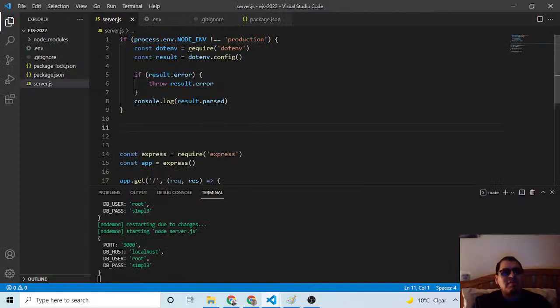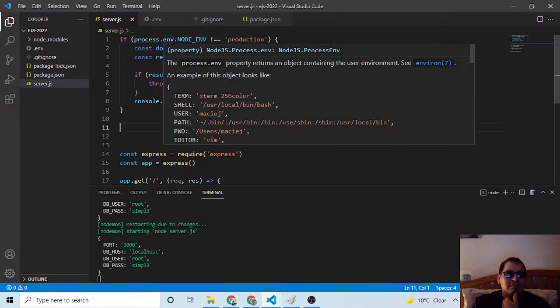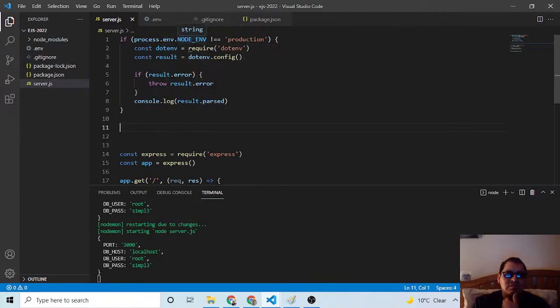Anyways, I'm liking this .env. This is what I read. The process.env dot the variable. I still need to learn this. It is different from production.